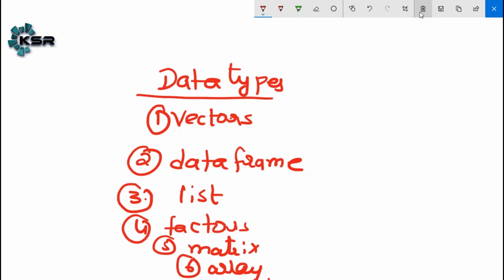These functions and packages we are going to use thoroughly in our course curriculum, until we complete pure data science with R. Understanding these data types is very, very important. Let me discuss them one by one.